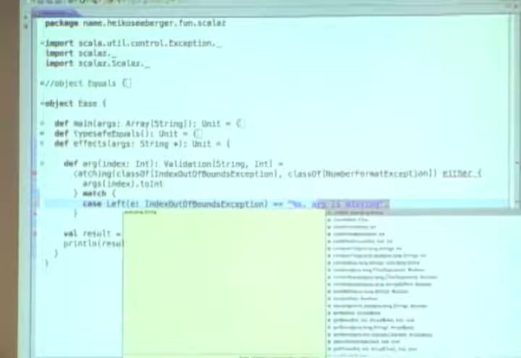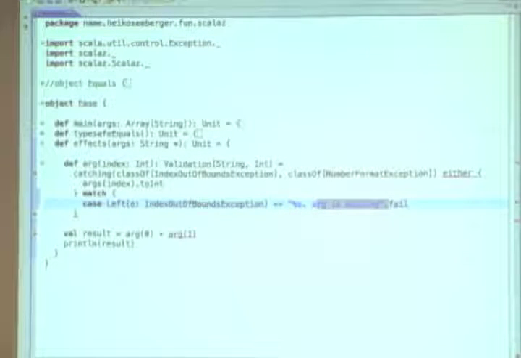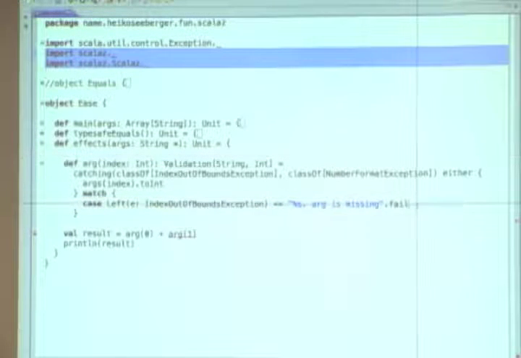And we use the method fail to make a validation failure out of this string. This fail comes by implicit conversion. Each object is pimped if you import Scalaz into your scope.